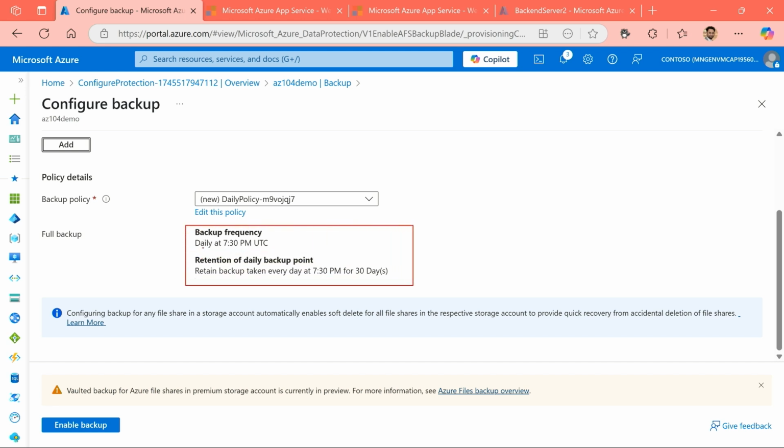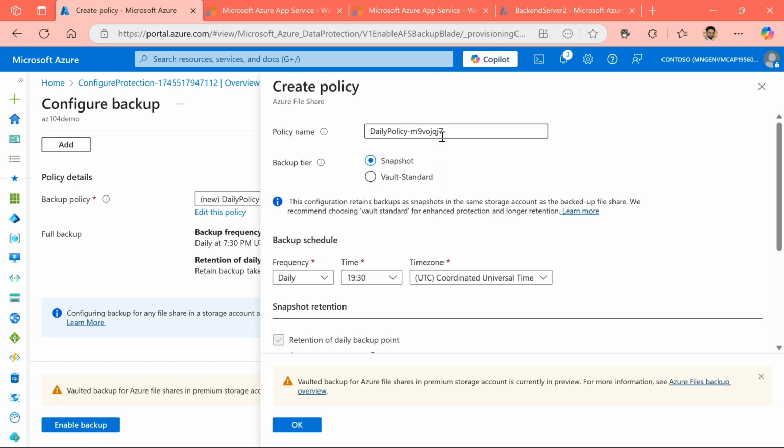And as I can see, it's going to run daily at 7 p.m. and it's got some other details around the retention. Now, as usual, if you don't like the default policy, by all means, go and create a new policy, give it a new name. We can call it Azure File Policy 1, and that's what we are calling it for now. Now, backup tier is going to be using snapshots to backup, and we'll leave some of those details as